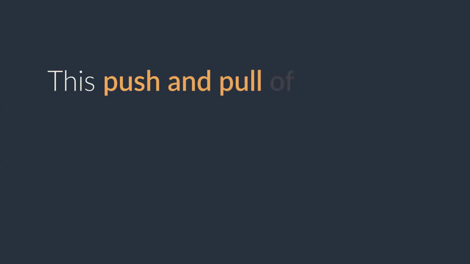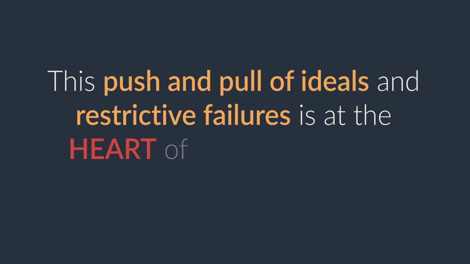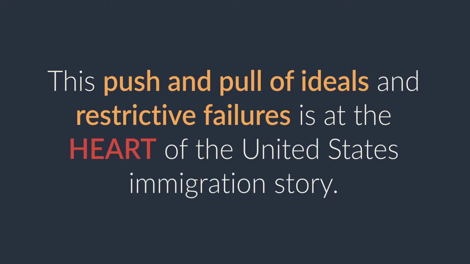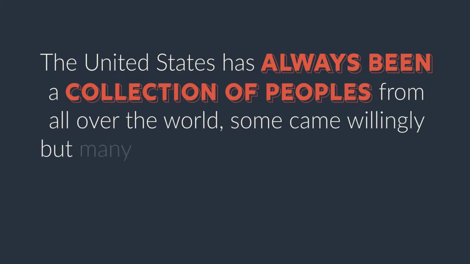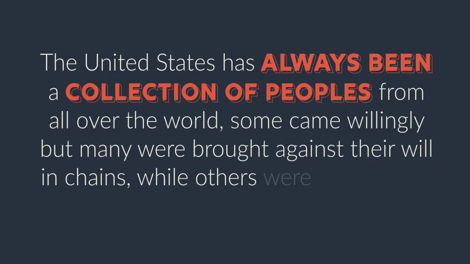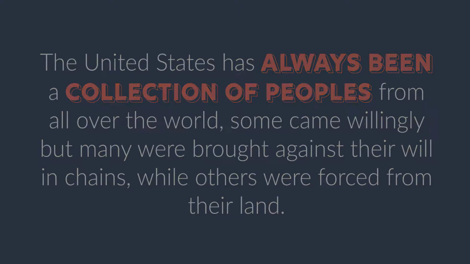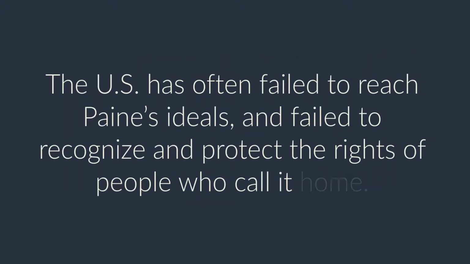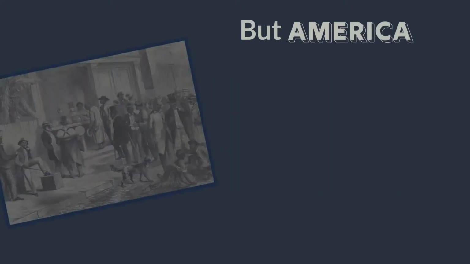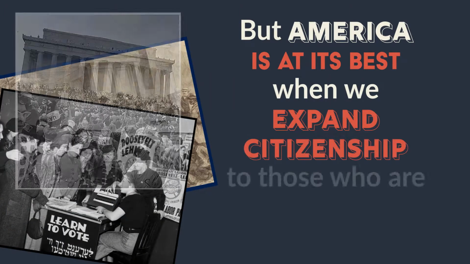This push and pull of ideals and restrictive failures is at the heart of the United States immigration story. The United States has always been a collection of peoples from all over the world. Some came willingly, but many were brought against their will in chains, while others were forced off their land. The U.S. has often failed to reach Paine's ideals and failed to recognize and protect the rights of people who call it home. But America is at its best when we expand citizenship to those who are already a part